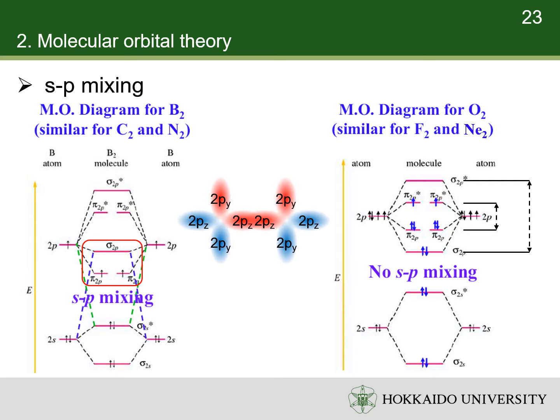The strange behavior of the molecular orbital diagram of the diboron molecule is caused by the sp mixing. We will not discuss the details of the sp mixing in general chemistry. The sp mixing exists in diboron, dicarbon and dinitrogen molecules. It does not exist in dioxygen, difluorine, and dineon molecules. Consider, if the diboron molecule does not have sp mixing, what electron configuration should it have?